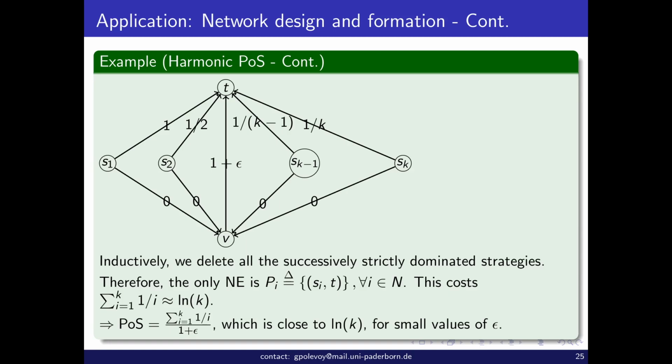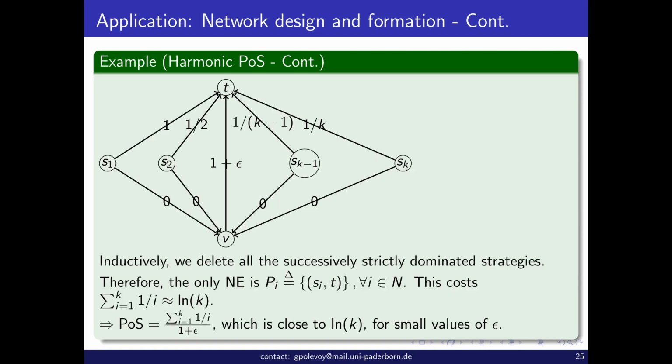In the beginning, only player K has a strictly dominated strategy to delete. But after deletion, player K minus 1 obtains a strictly dominated strategy, in the sense that one of his strategies becomes strictly dominated, and so on, till in the end, every player is left with only one choice,